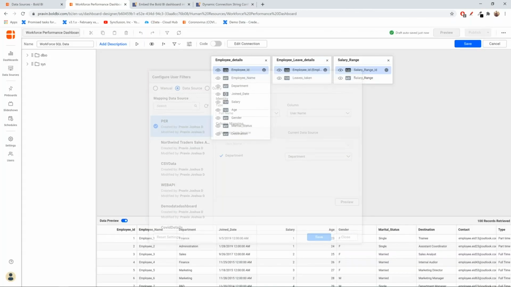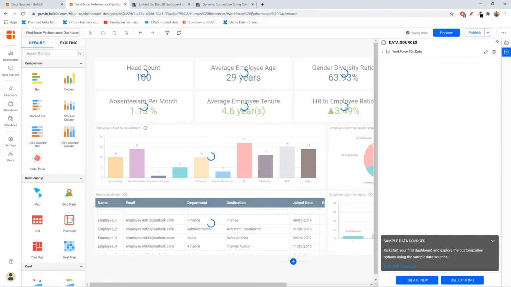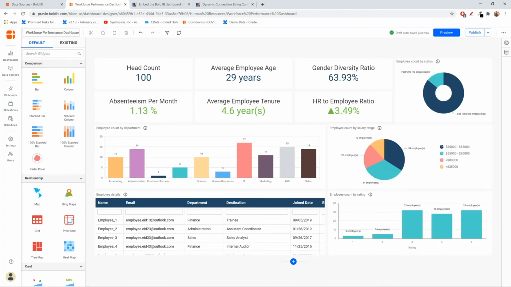Okay. So now that we have seen the user-based filter option, this could also be used when you embed the dashboards in an external application. Like you'll have your own authentication and authorization in your application. Let's see how to make use of that authorization and load the user-specific data when you embed a dashboard, or when the user logs in and takes a look into the dashboard in your application, how the dashboard is going to look like. So all those things, let's see.